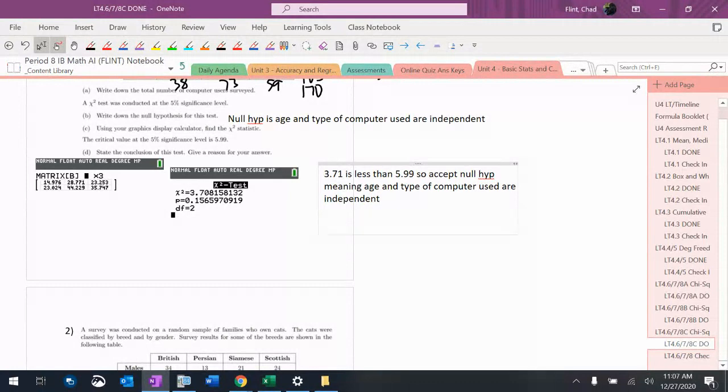If we did the p-value, we'd say 0.157 is more than 0.05, so accept the null hypothesis, meaning age and type of